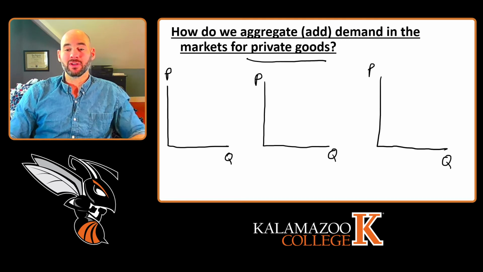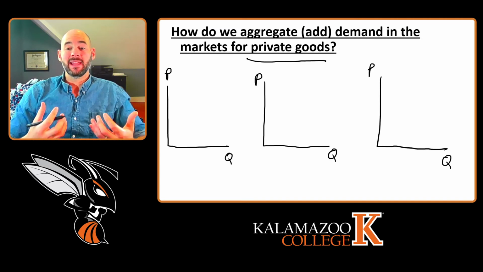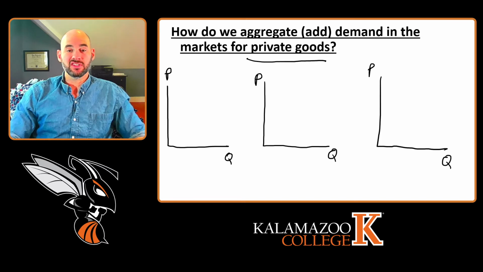So if you remember from our list of factors which cause a change in demand, which shift the whole demand curve, one of those factors is an increase in the population or a decrease in the population of consumers for that good. And when the population which consume the good increases, then the demand curve is going to shift to the right. And so let's just think of a simple example where we only have one consumer, and that consumer is